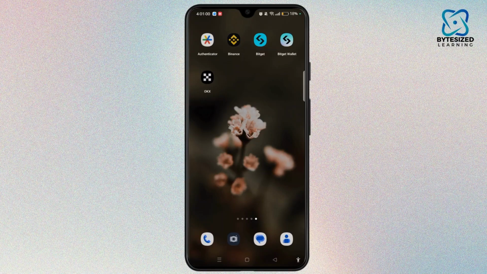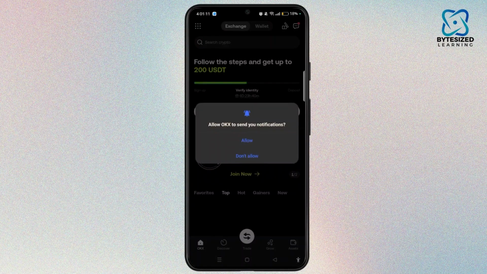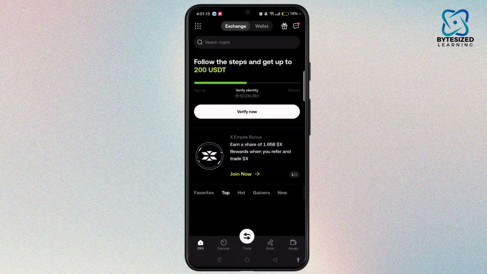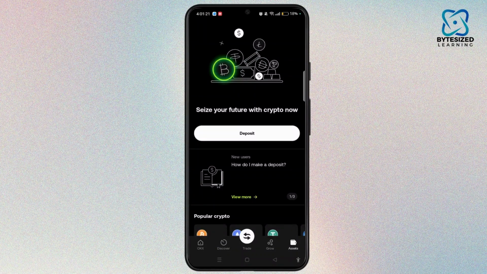Launch the OKX mobile application on your device. Make sure to log into your OKX account. Now, you have to tap Allow to allow OKX to send you notifications. Tap on the Assets tab at the bottom right corner of the screen. Now tap the Withdraw button at the top of the screen and you will see a list of cryptocurrencies and you have